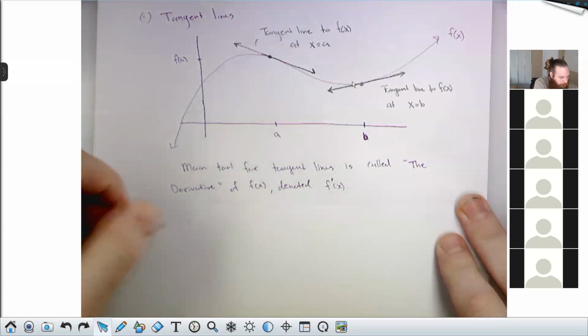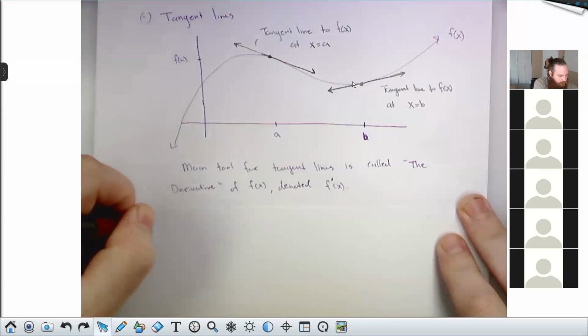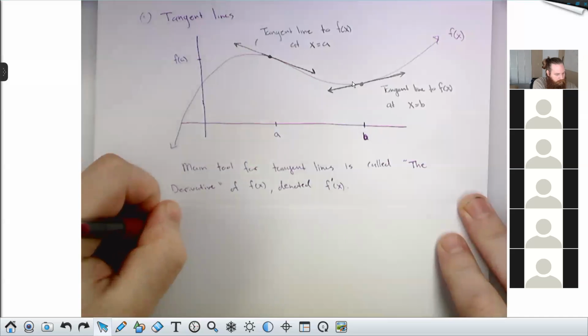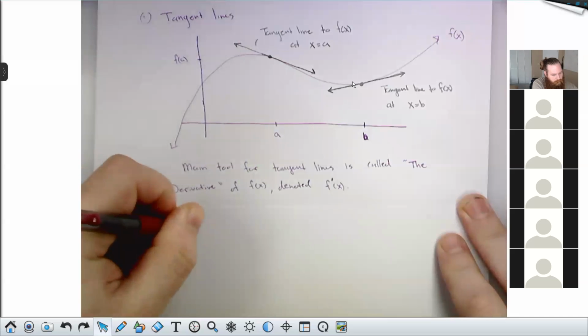The second main thing that we are concerned with in calculus is areas under curves.